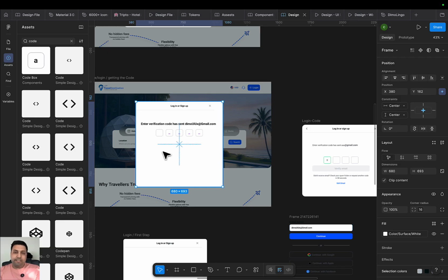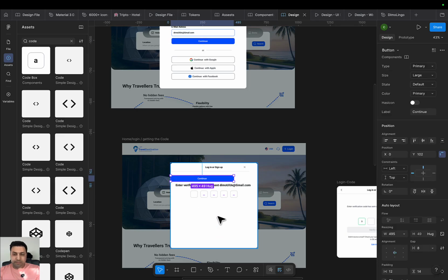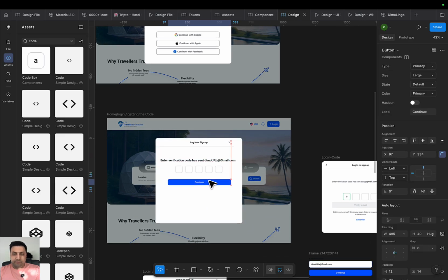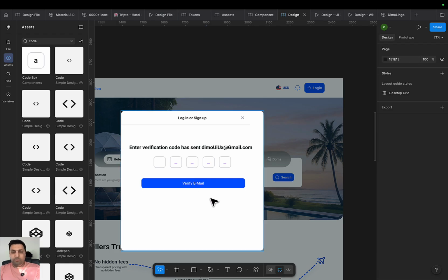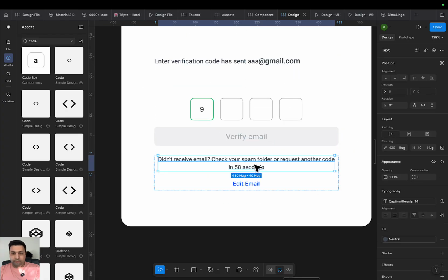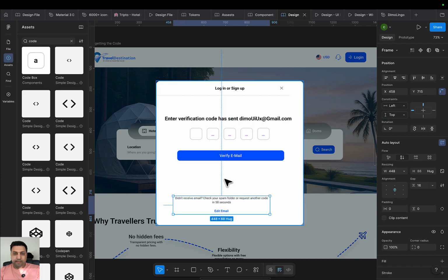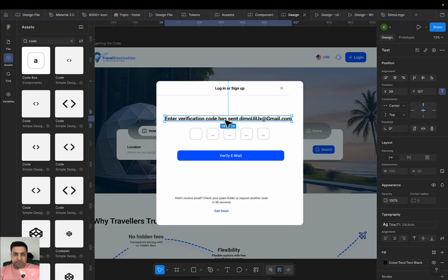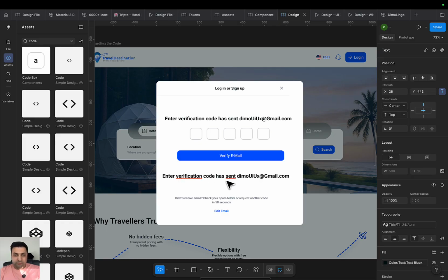Then under that, we need a button here. Let's copy this button here, bring it here, say that, okay, verify email, verify email, verify email. This is the code, and then here we need one more text. Let me copy that and bring it here, and we say that, let's duplicate it. This is the text,